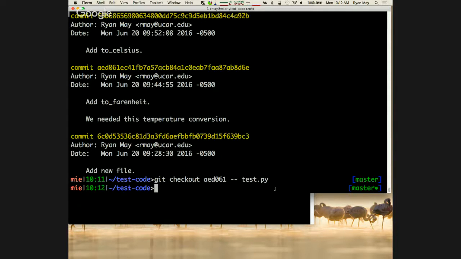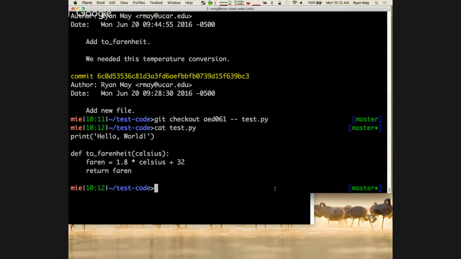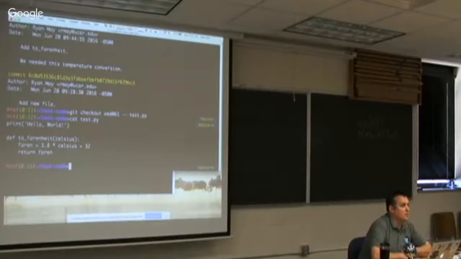If I do that, I'll just print it out. So we went back to the version of the file that didn't have 2 Celsius. So it doesn't keep versions around, but it keeps the contents. The contents of every file at every commit is available within.